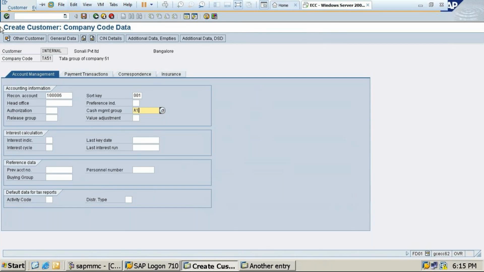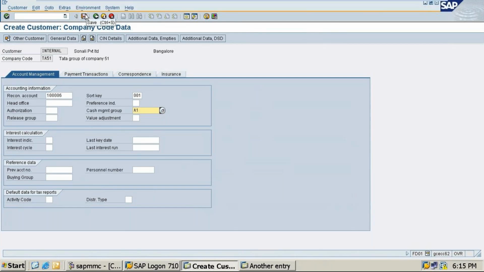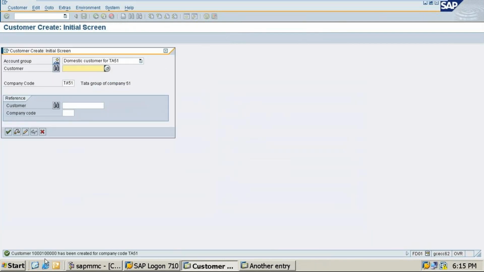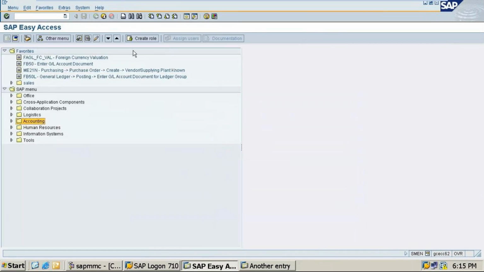After this you can click on save. So this customer has been created in company code TA51. Understood, this has all been done. Now we can come back to the screen.